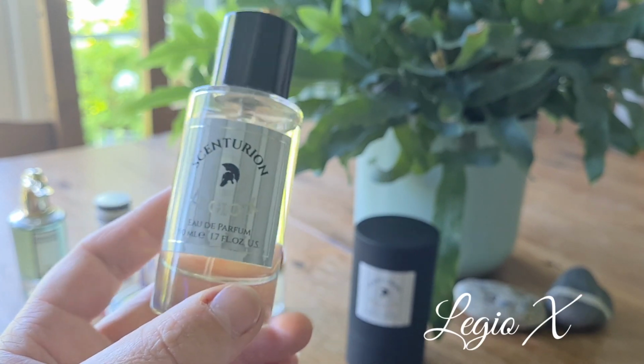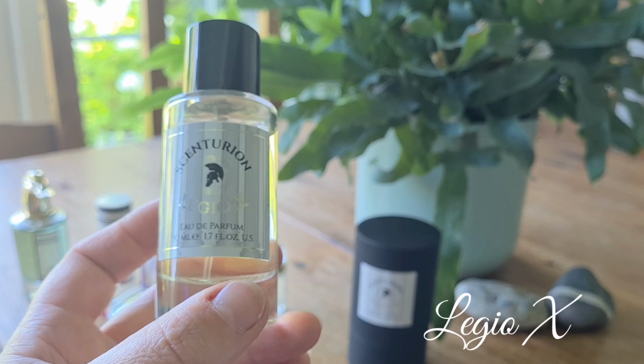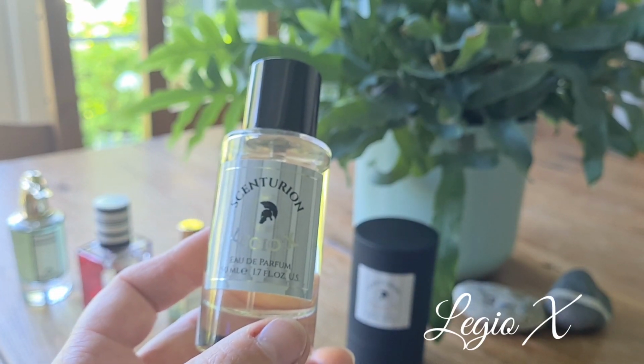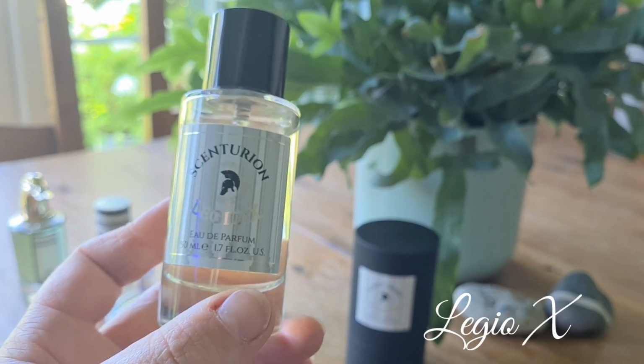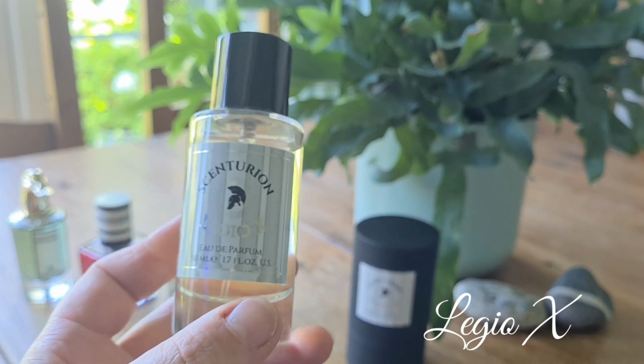All the elements and notes in Legio X do have significance, and they all relate to the story, this backstory. And the mint in here represents what the Romans would use as a breath freshener, so they chew on mint. You've got tomato leaf, which is a tribute to Italy. There's a very soft leather in here, which is a reference to the saddle work on the horses and the